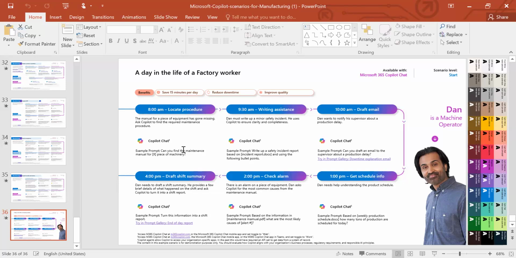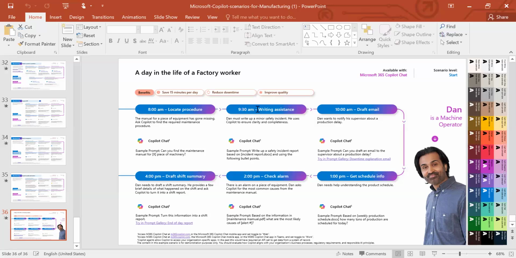Let's say the physical hard copy manual has gone missing. Instead of going around looking for it, you can use AI to find or generate it for you by just giving the AI the name of the machine that you need a manual for, so that you don't have to waste time looking for it.